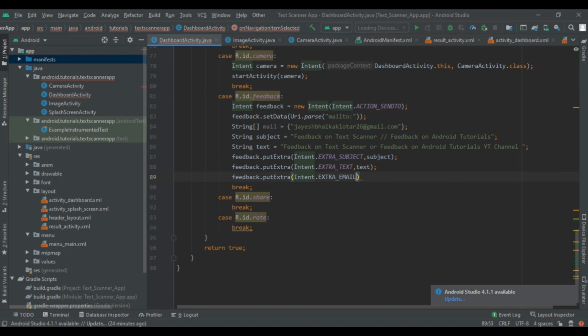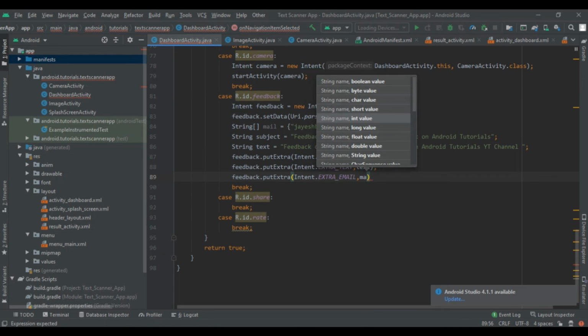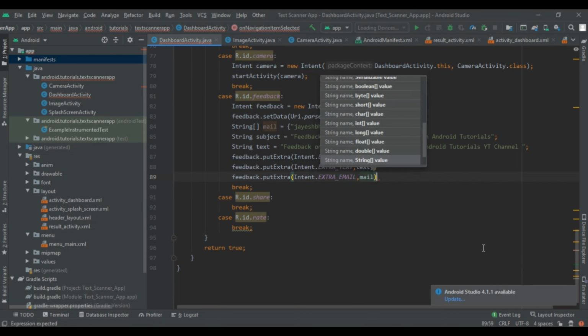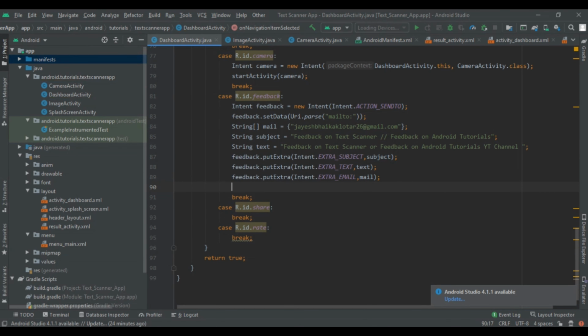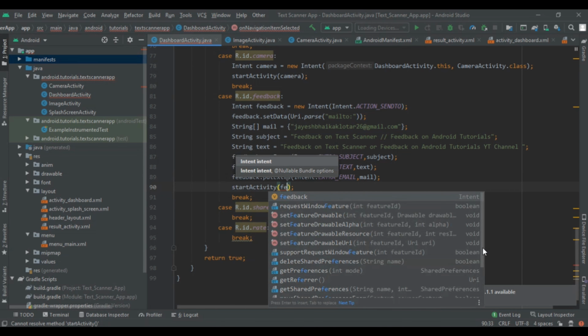So here we have to pass our mail, and then close, and then start activity, and that activity name will be feedback. So here we have completed the feedback activity.